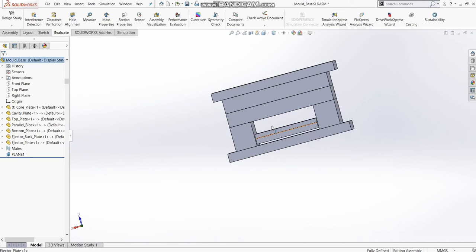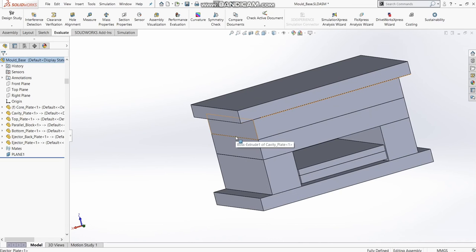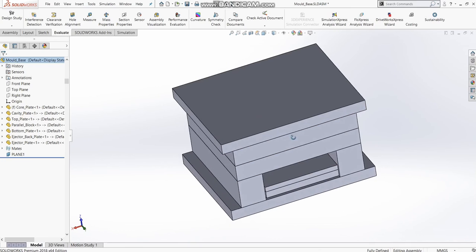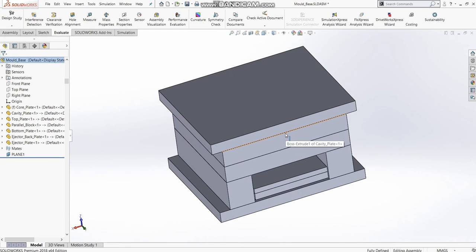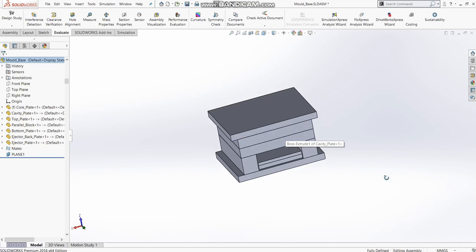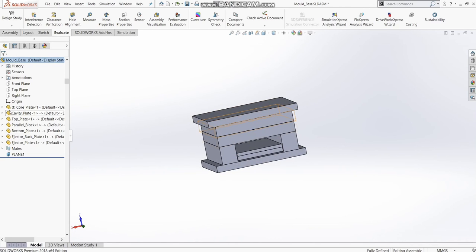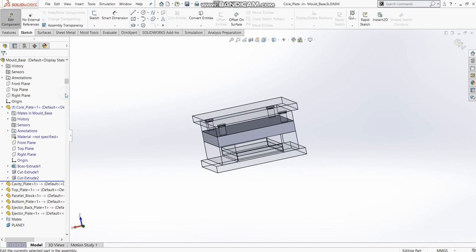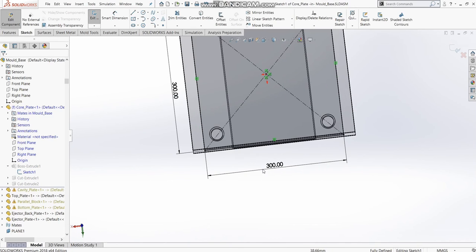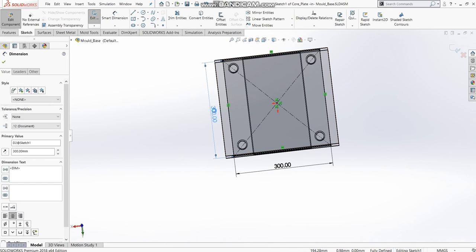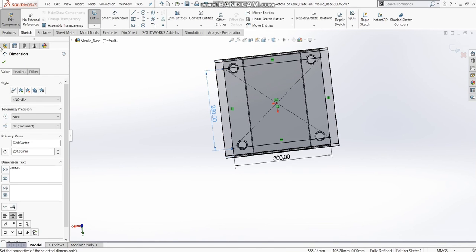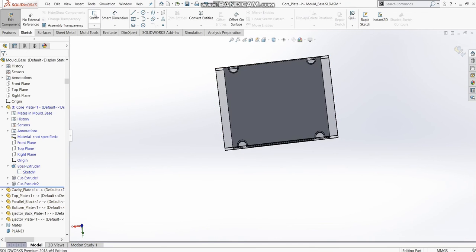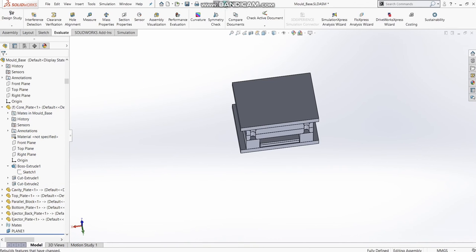Now again, we'll do one thing. The size of the mold base is 300 in width and 300 in length. So what we'll do is we'll change the size of any one of the sides to 250 from 300. Just make sure whenever we need to change the size, we need to make changes only in the core plate. So I'll again go in core plate, edit part. I'll go in this sketch. I will edit the dimension. Now say suppose I need to change this size to 250, 250. Okay, exit sketch, edit component and rebuild.